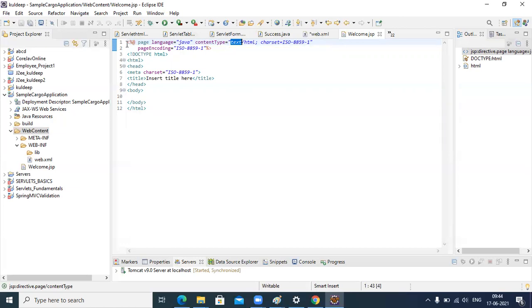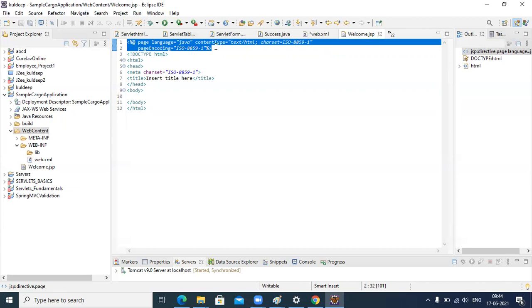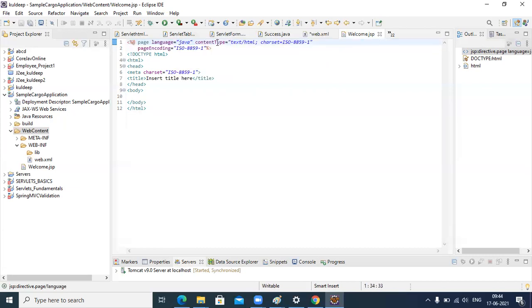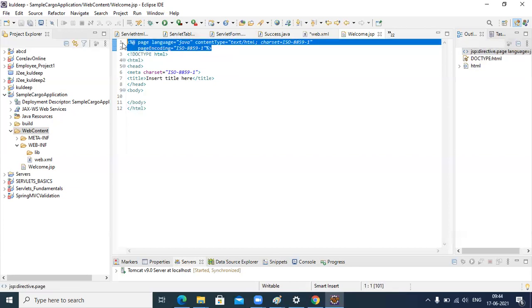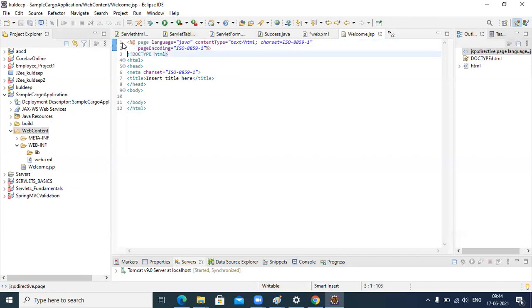So we are giving instructions to the browser engine to execute Java language and to accept content of type text and HTML, following the character set with ISO standard 8859-1 encoding. Page encoding is ISO 8859. That is the meaning. We are instructing the browser engine to accept this type of data, that is Java and HTML.